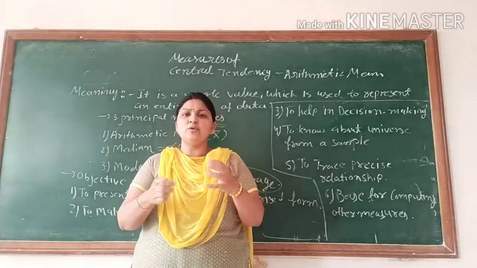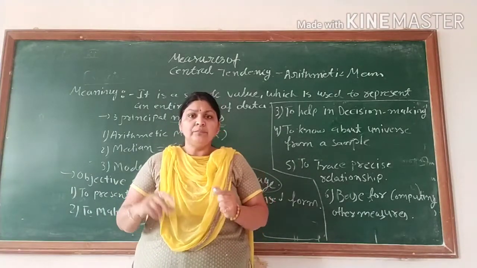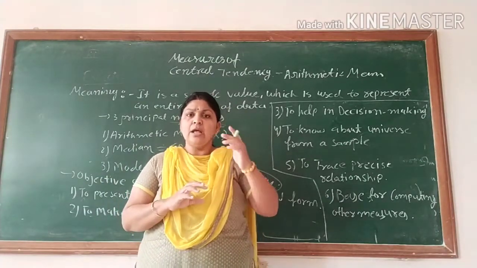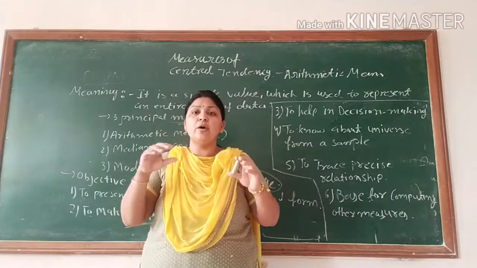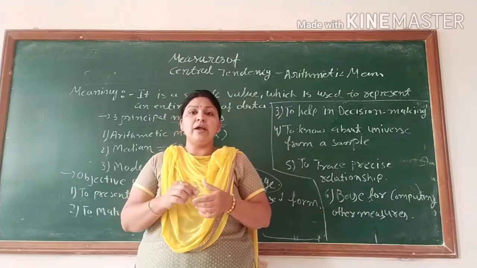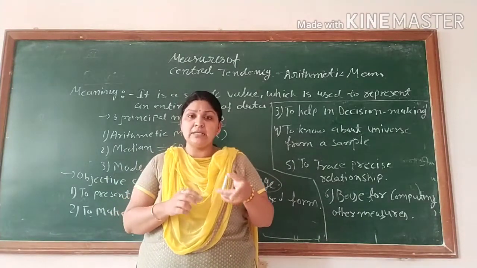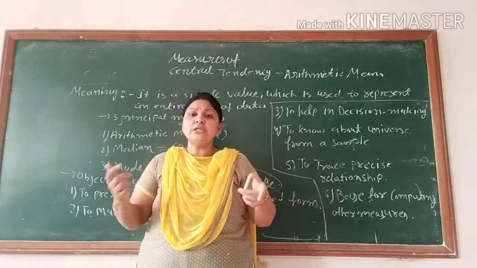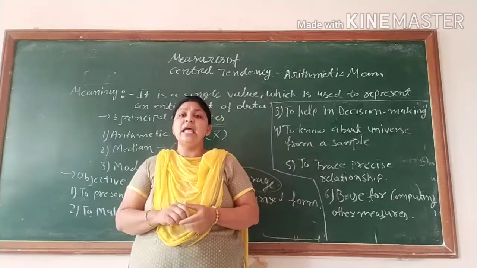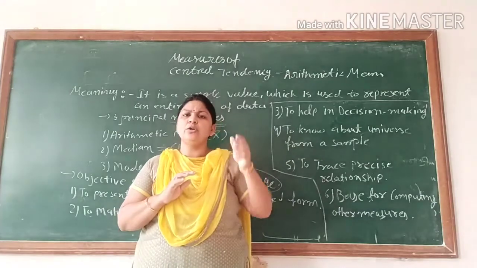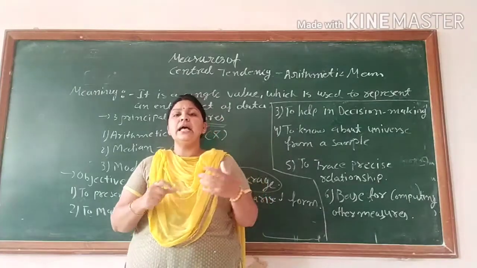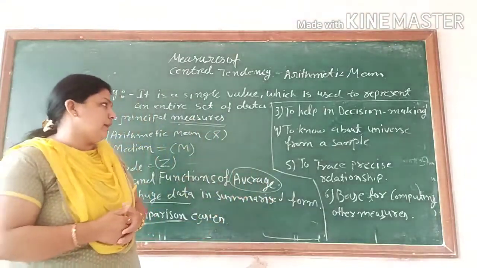You just do decision making. Suppose you are producing 2 products. Fine. Suppose the chalk and duster you are producing. Nowadays, suppose chalk and marker is your product. Nowadays, chalk sales is reduced because most of the classes and schools have the whiteboard system. Fine. So you find out the average selling of this product and marker also. You compare the data and at last you get the decision also. You take the decision, like now you stop the production of the chalk or you reduce the production of the chalk because the market is demanding the marker only. Fine. So this is helpful for comparison as well as decision making.